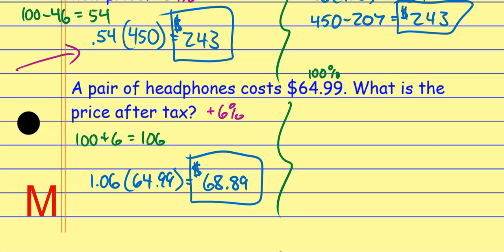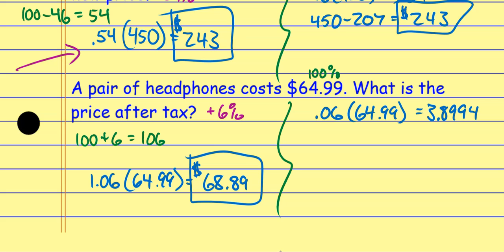The other option is to just find 6% of that price. So if I found 6% of that price, so 0.06, that's 6% as a decimal. And if I were to find this, 0.06 times the 64.99, again using my calculator, I get 3.8994, and I could round it off there. The rounding here is a little tricky, and I have to do another step anyway, but that's what I add on to my price. That's the tax that I include, so I have to pay the $64.99 plus this tax,